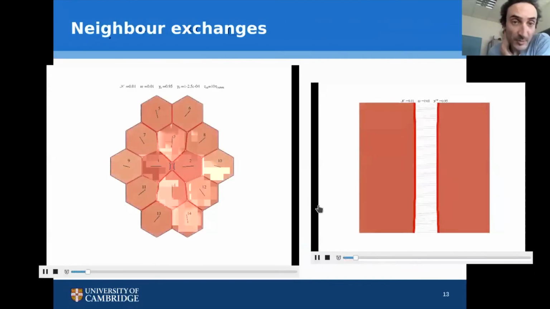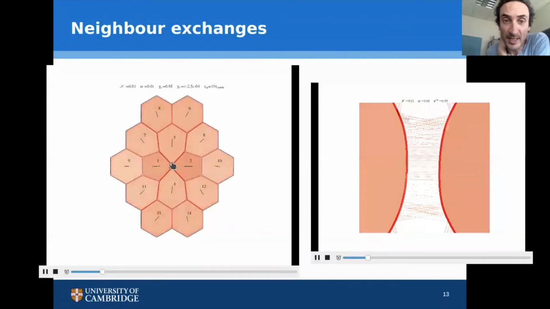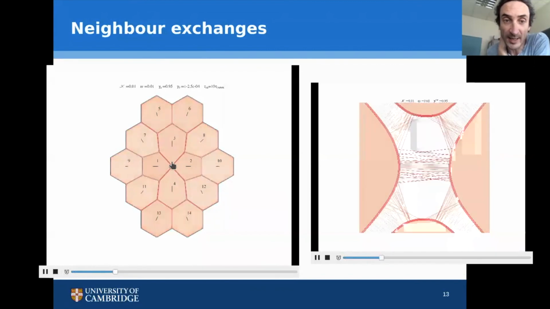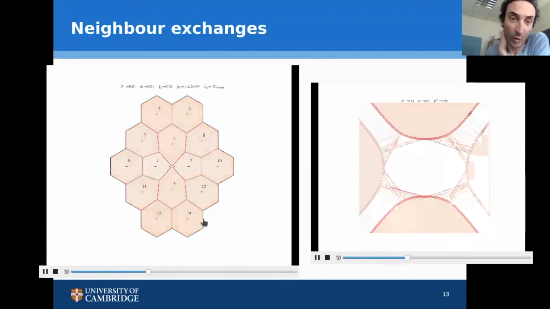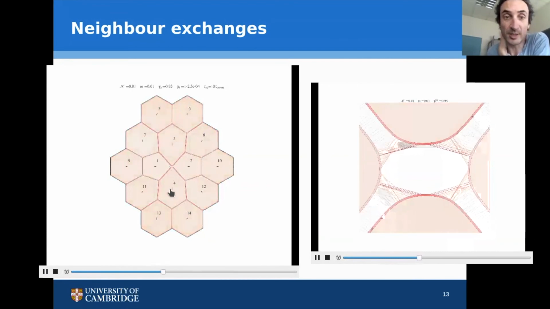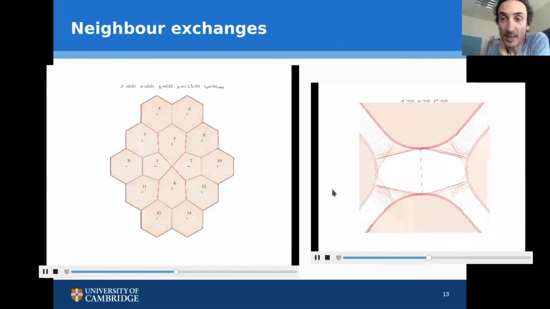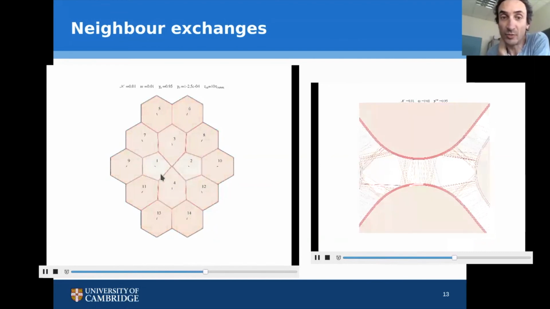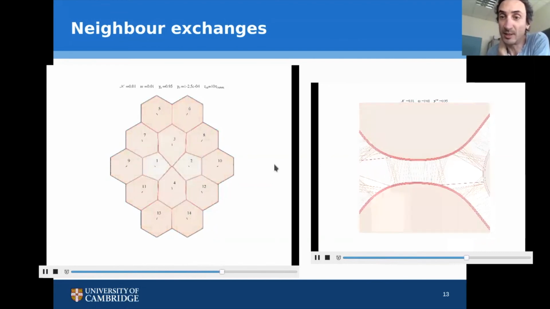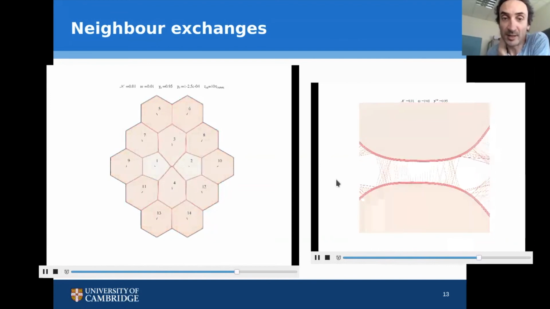And now you can simulate neighbor exchanges by making this junction contract. Then at some point you reach what we call a four-way vertex, and there is no contraction anymore. But adhesions start appearing between the two other cells, which were not touching one another before,